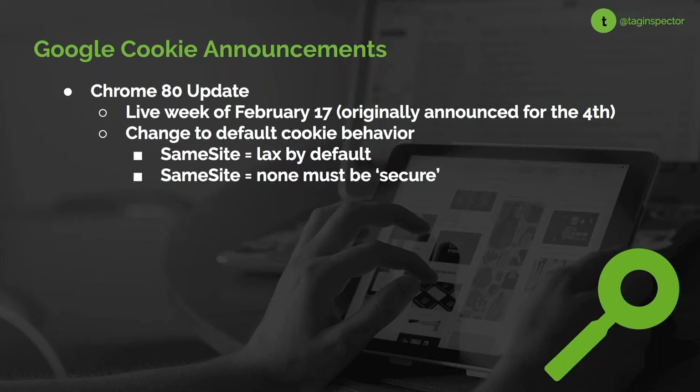Now, as far as the values that a SameSite attribute can be, there are 3. The first one is going to be Strict. When SameSite equals Strict, it means that only cookies that are set on the domain of that website, or within the browser bar of the user, that cookie can only be accessed from that particular domain. So it's going to be a strict same-site or strict first-party cookie.